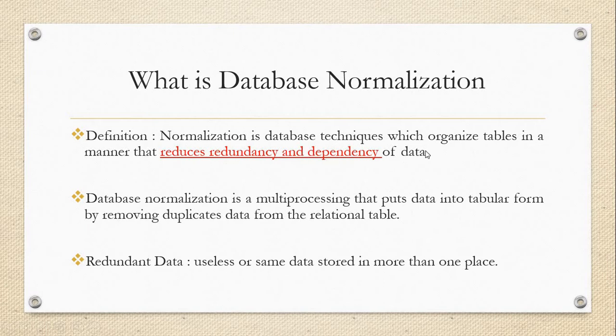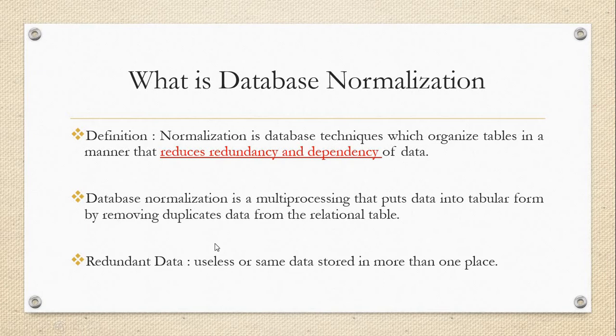We all know that the feature of a database is to store data. After storing the data, there is a concept of normalization. It is a way by which we can reduce the redundancy. Redundancy means repetition of data. And dependency: for example, one table depends on another table, and that table depends on a third table, or in all the tables there is redundant data. We need to remove that redundant data, and also restrict the dependencies.